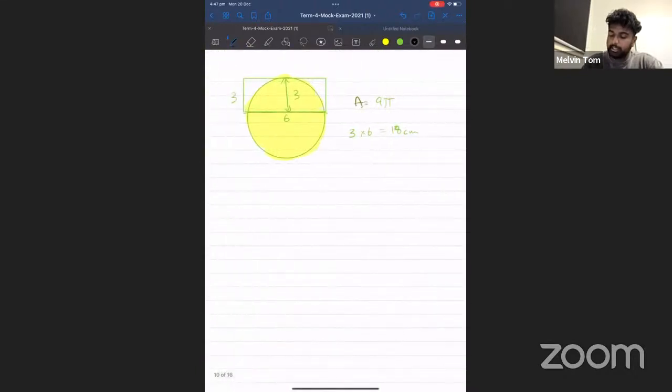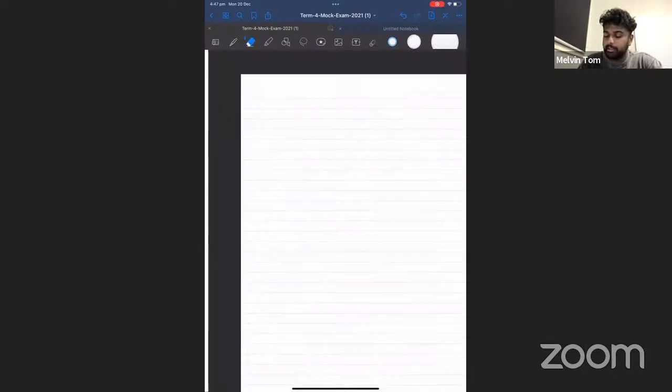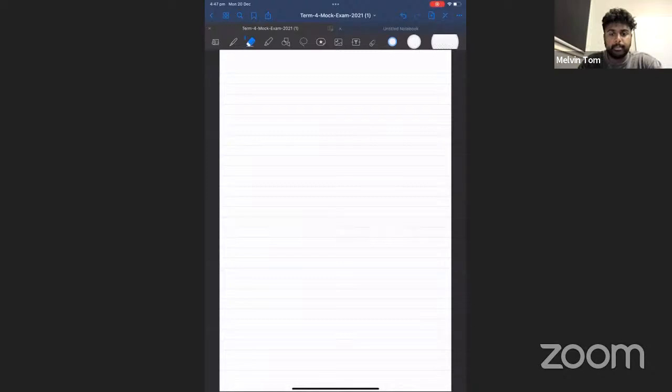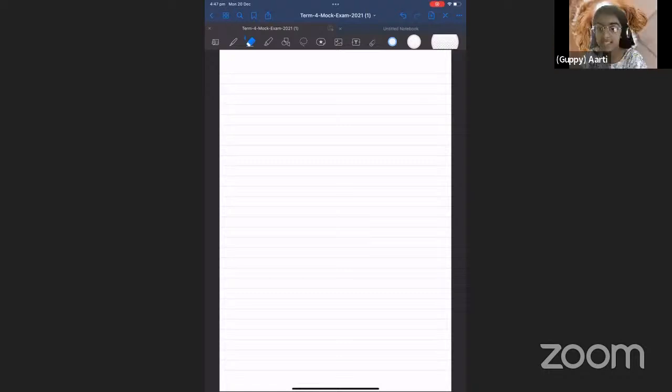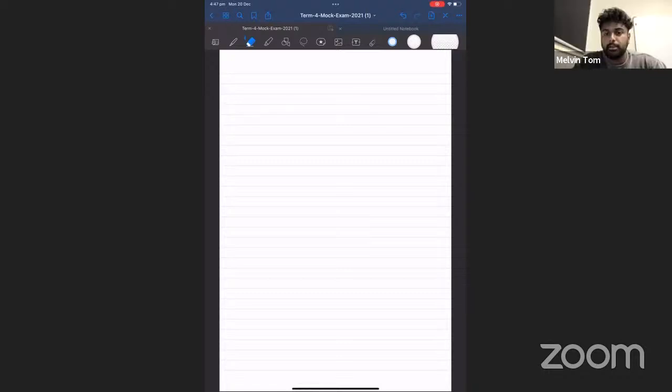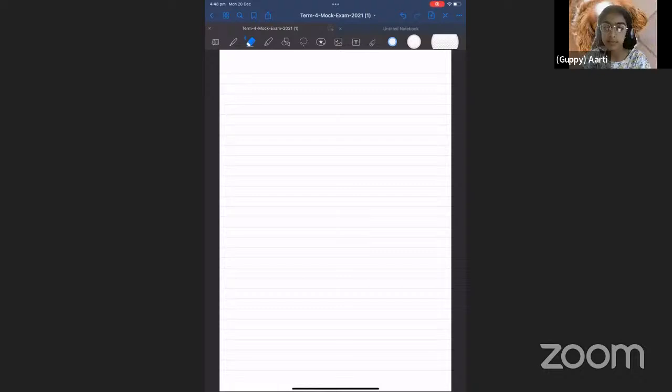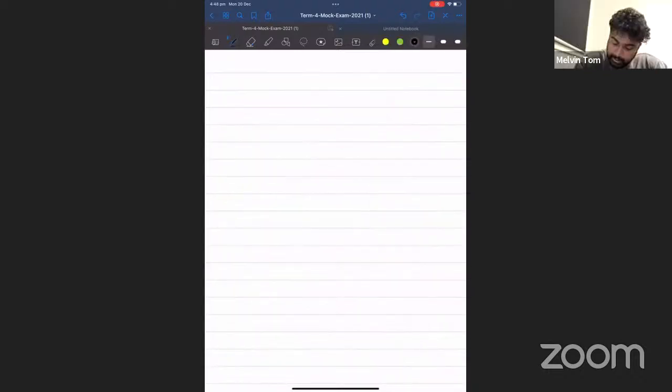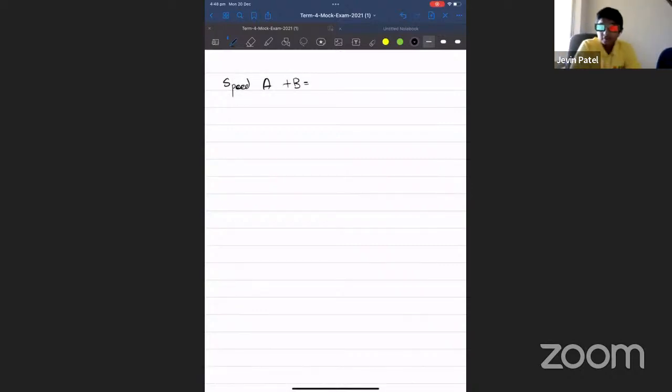Now, if the pumps are filling together, does the speed add, subtract, or stay the same? So imagine this, if Jevin can eat a cake in 1 hour and then Kanji can eat the same cake in 2 hours, if they're both eating it, will it take longer than 1 hour or less than 1 hour? Less than 1 hour. Yeah, because Kanji is going to be eating it at the same time as Jevin, so they're going to speed it up, right? Yeah. So speed of A and B together